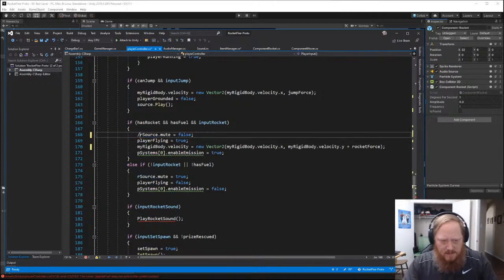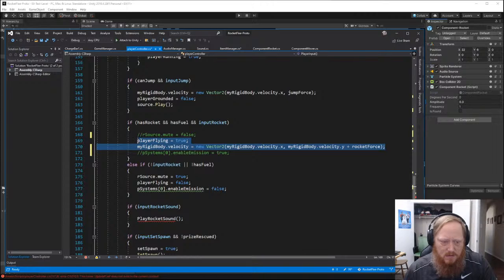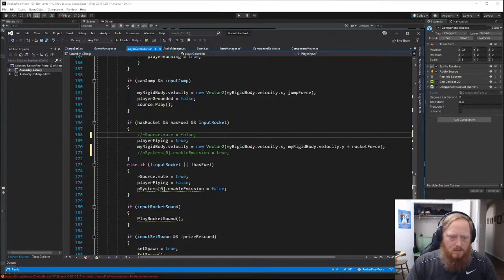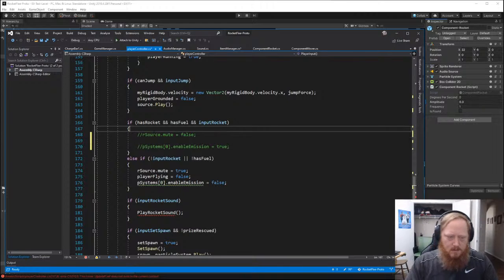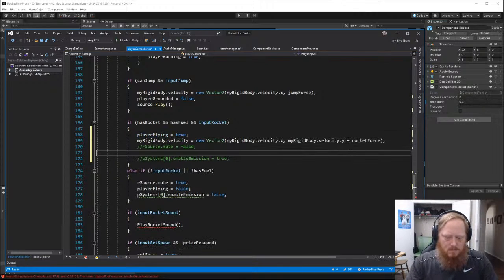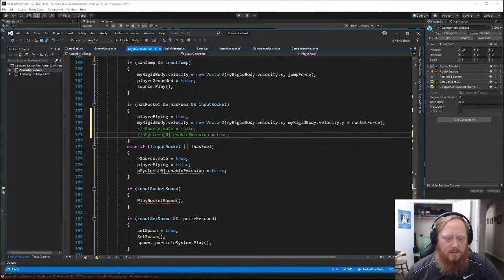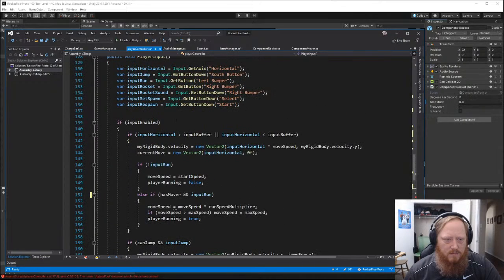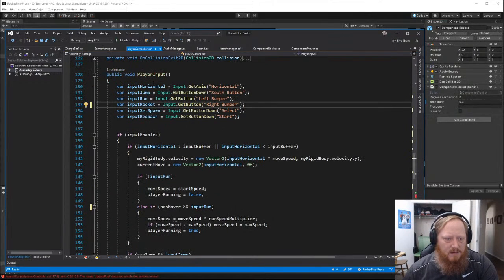So what I'm going to do is take these and put those at the bottom. Oops. Copy that. Cut it. Okay, so play rocket sound, and you know what? I'm not even worried about the rocket sound right now, so I'm gonna go ahead and just get rid of rocket sound. We're gonna figure out rocket sound later. Okay, so rocket sound. So what we need is, we know we're gonna input, we know we're gonna jump, run, rocket,